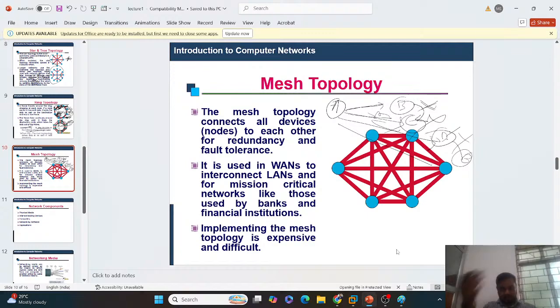Okay, let's come to our point. So it is used to interconnect LANs and for mission critical networks. Okay, implementing the mesh topology is expensive and difficult. Okay, so this is all about your टोपोलॉजी, नेटवर्क टोपोलॉजी। ओके, इतना ही हम लोग नेटवर्क टोपोलॉजी में पढ़ेंगे।